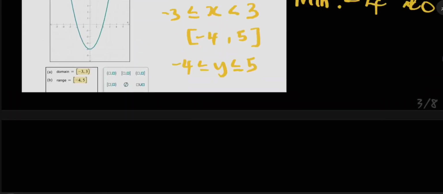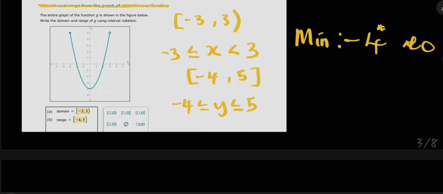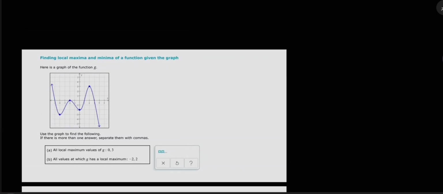It's unlike this graph, where we know for sure that this graph ends here. There are no arrows. But for this graph where there are arrows, it suggests that the graph continues way beyond this. So because we can't say for sure what the absolute maximum or minimum is,